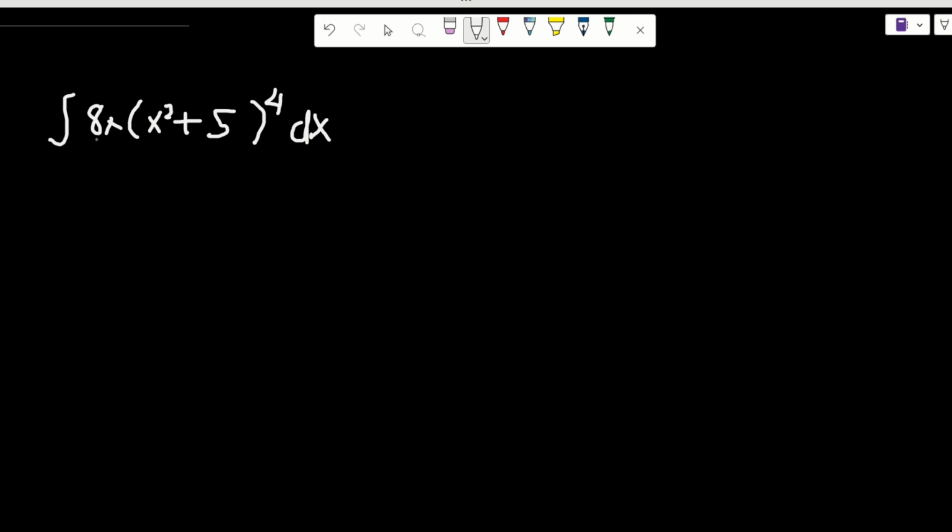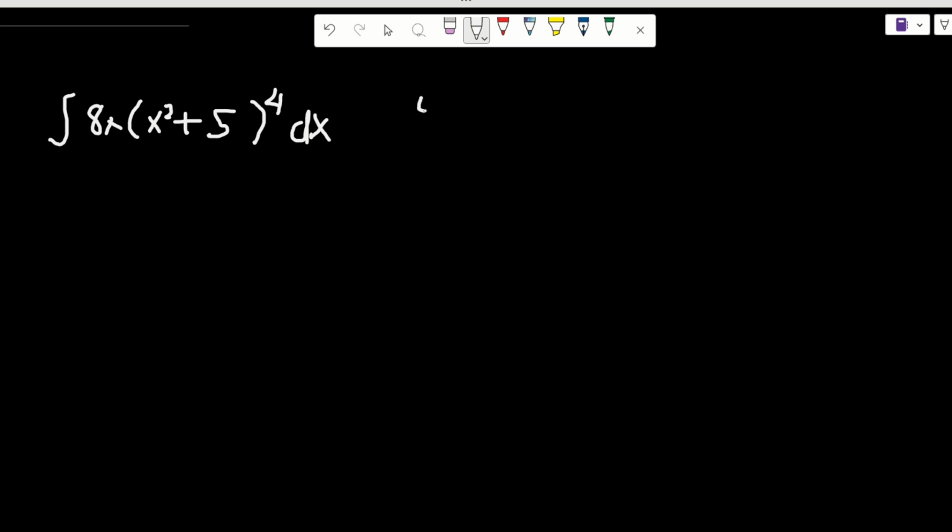So you need to eliminate x by using the variable u. That's our goal, to eliminate x. Here the problem is which function we should use as the representative of u. Typically, when picking u in a given function, the most common thing to do is to use the inside function. Here, the inside function of this integral is x squared plus 5.